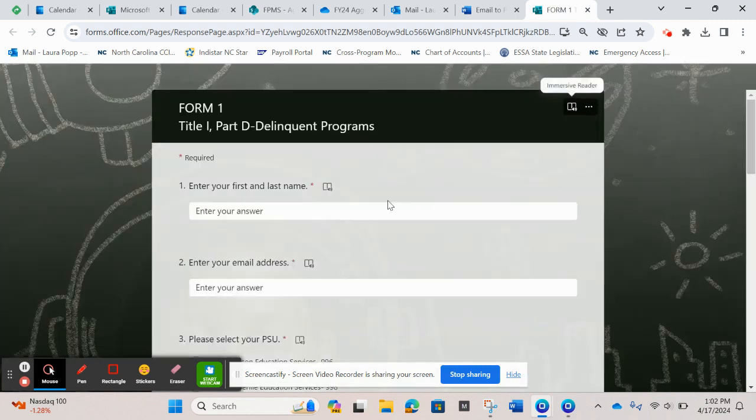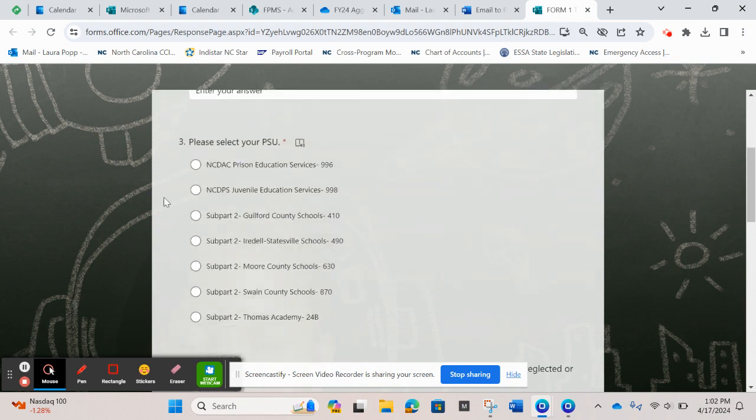You will enter your first and last name, your email address, and then you will select your PSU. If you do not see your PSU listed here, it is because you are not required to complete this data collection. If you feel a mistake has been made and you should be completing this data collection, please reach out to me, Laura Pop, at